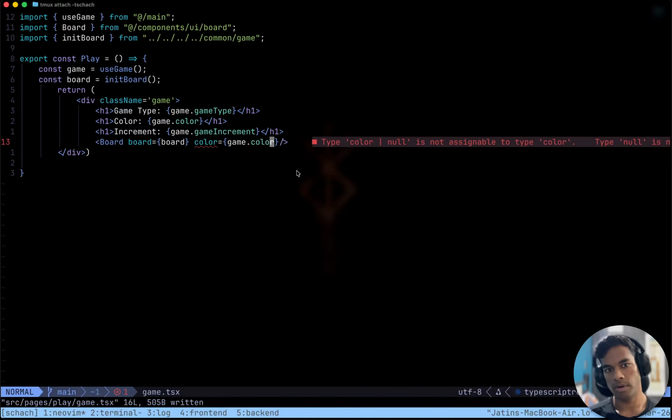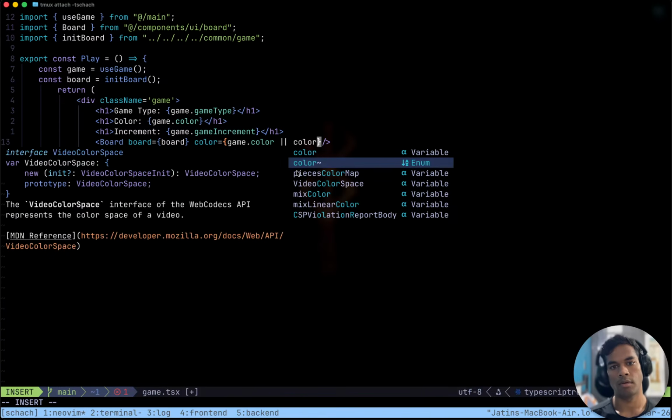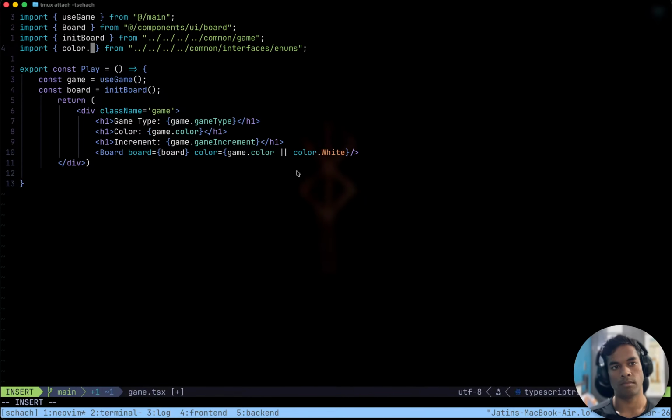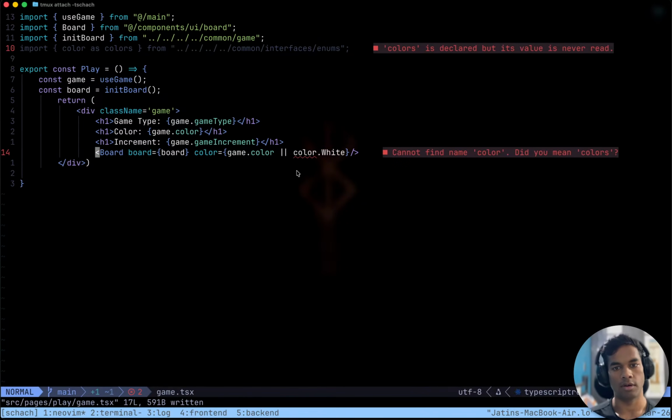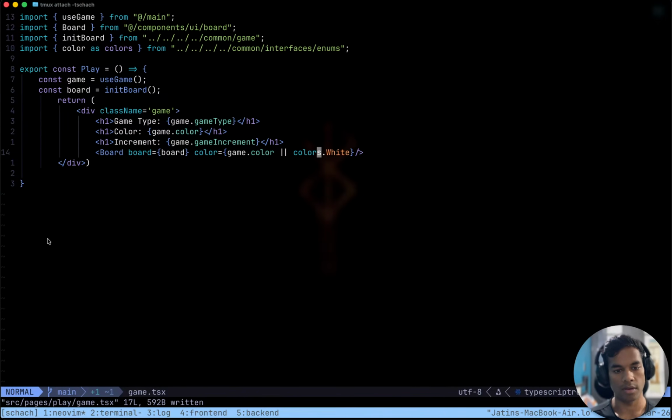It would be null. If this thing exists, then give this, otherwise give color dot white. I think that would be cool for now. Put color as colors. Okay, there is a problem.